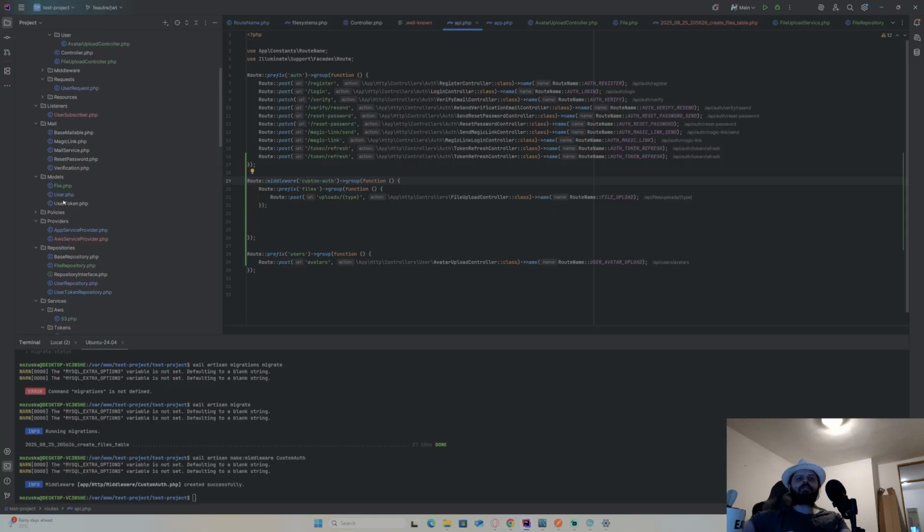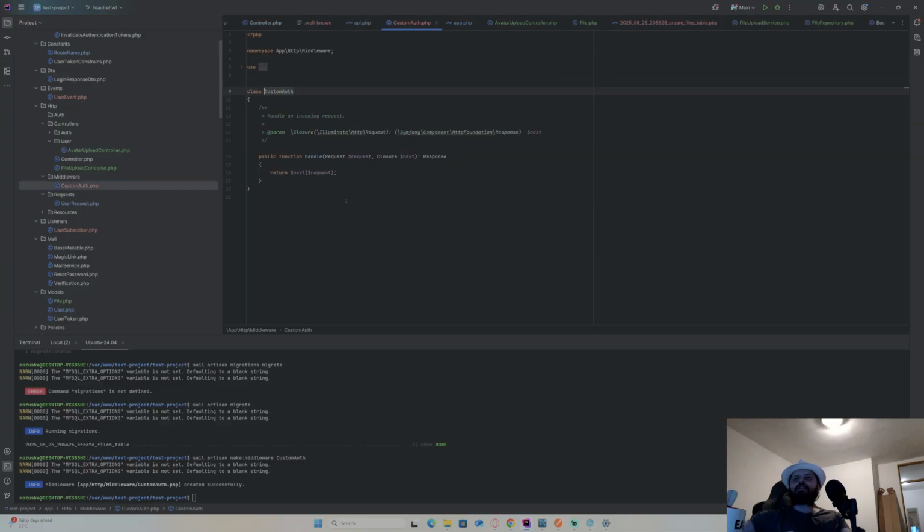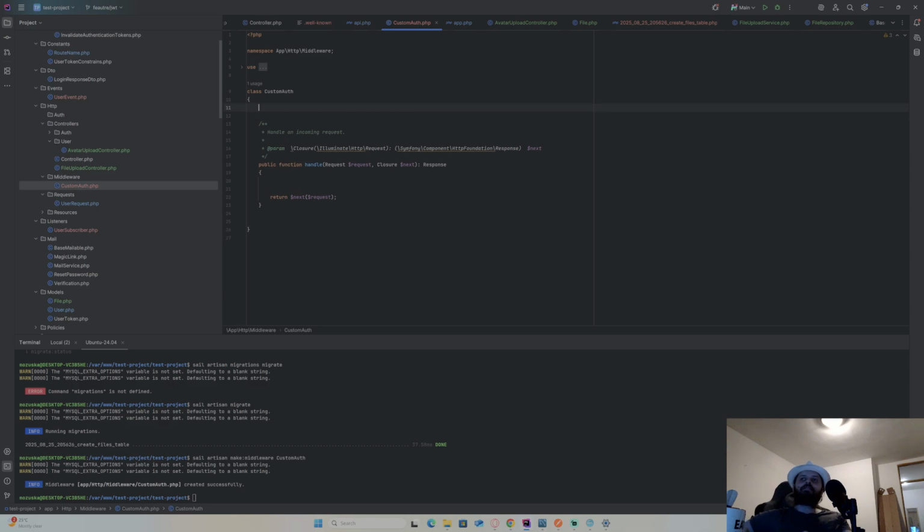Middleware, models, mail, maybe it is here in HTTP, custom auth, and it's going to be a request middleware, so it goes here. Now basically I just need to take out the header, get the token, get the user by that token and log in that user. So I need here a public function construct.